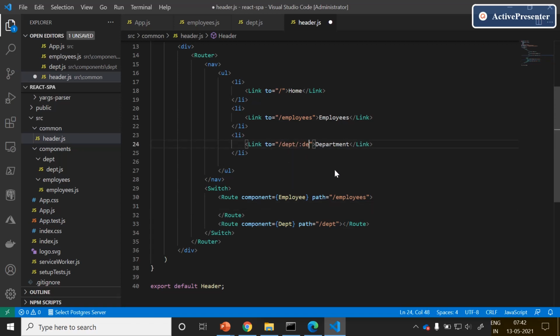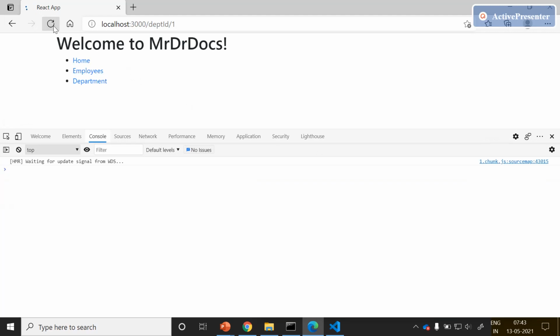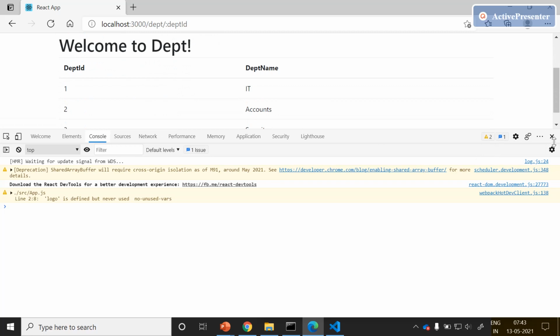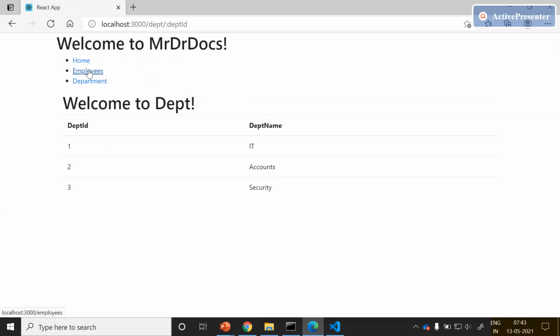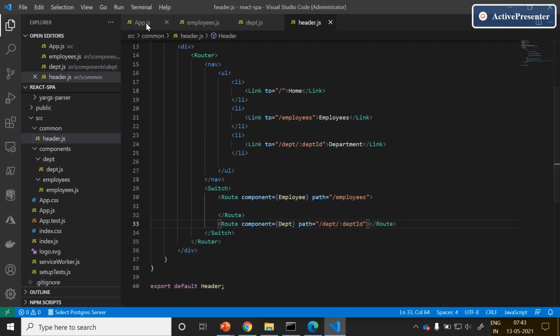Beside this, try to add the dept ID which holds the department information. In the route as well, try to add dept ID. Now just refresh this, click on department, go back to employees, click on any one of them. It is not pointing to dept.